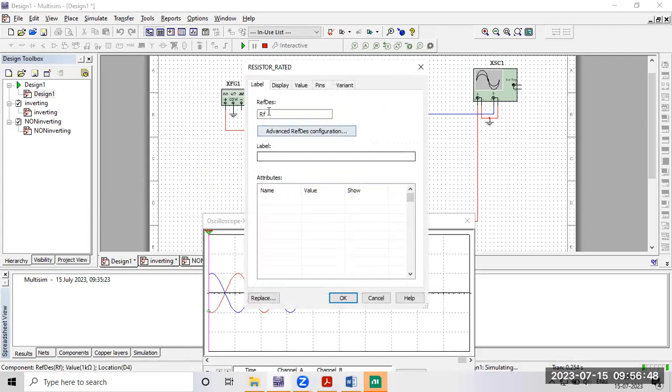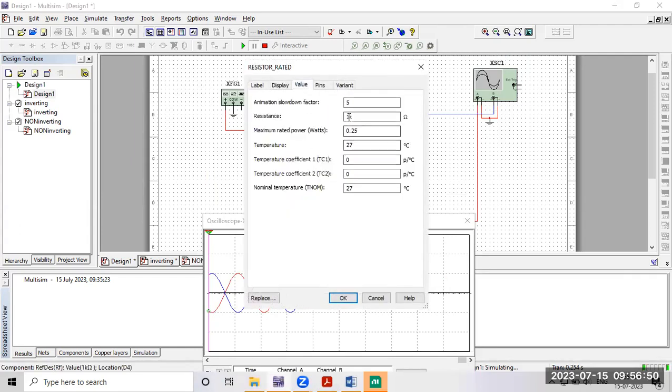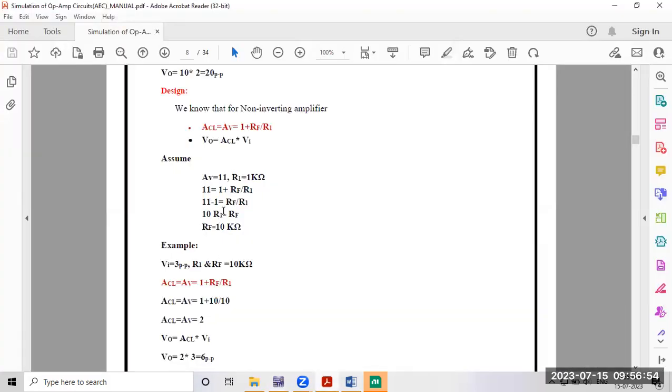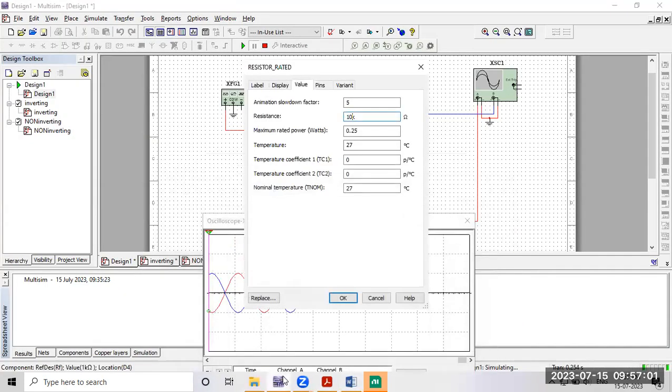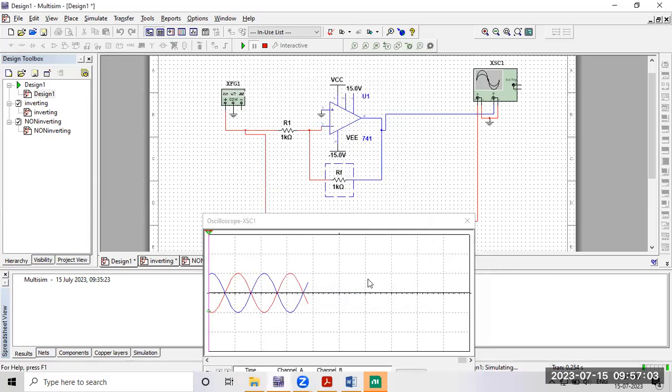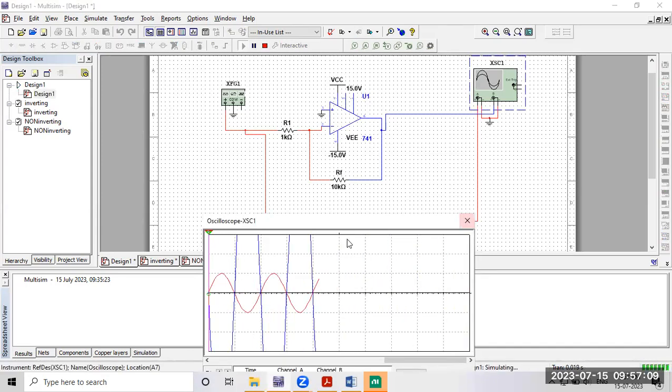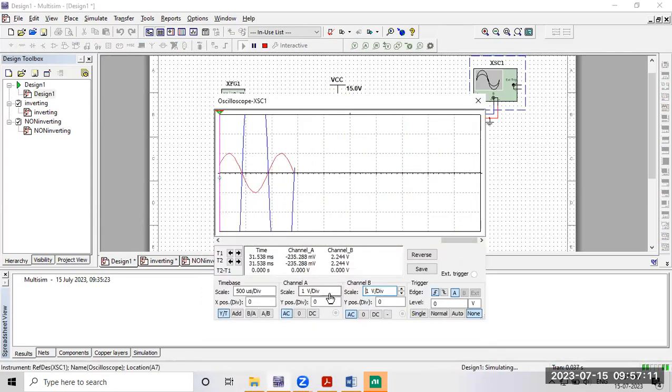What is the RF value? RF value we should keep 10 kilo ohm as per the design. As per the design, R1 value 1 kilo ohm and RF value 10 kilo ohm. Okay, 10 kilo ohm. Now you run. What is the expected input voltage? We should give